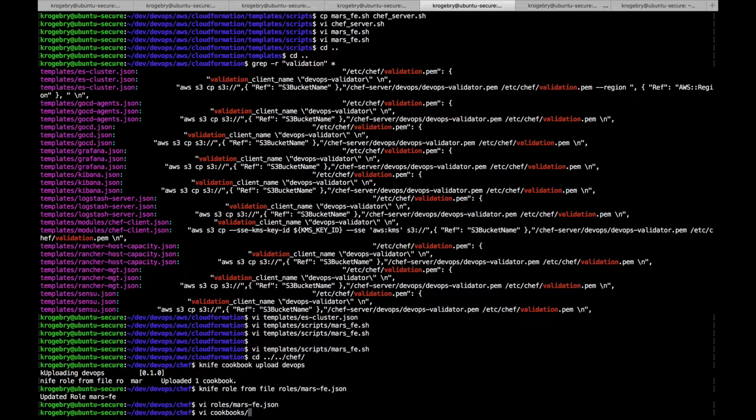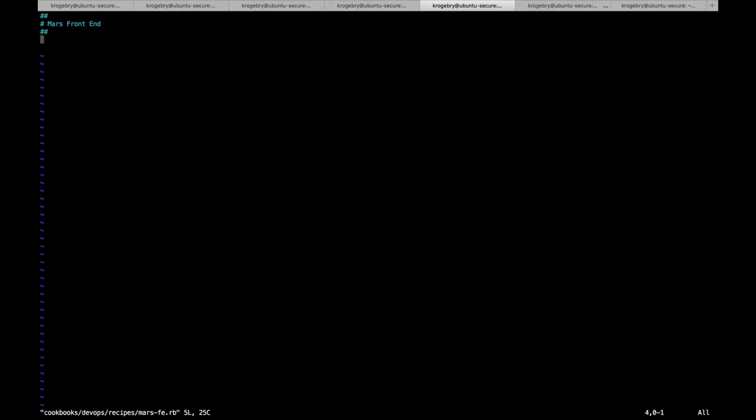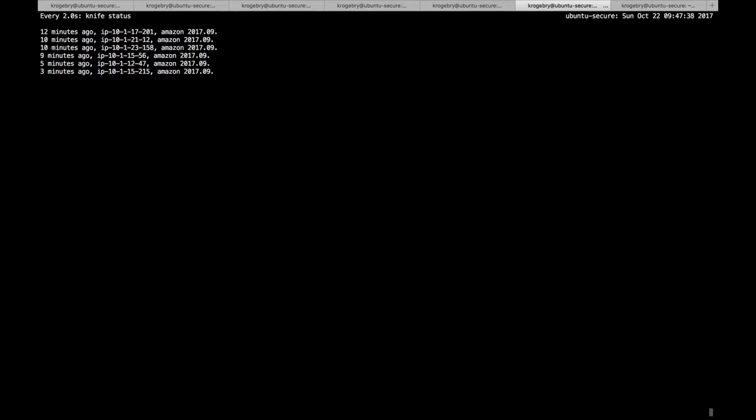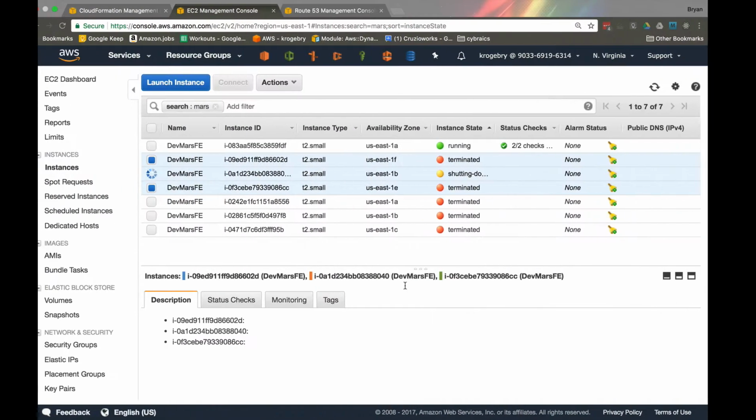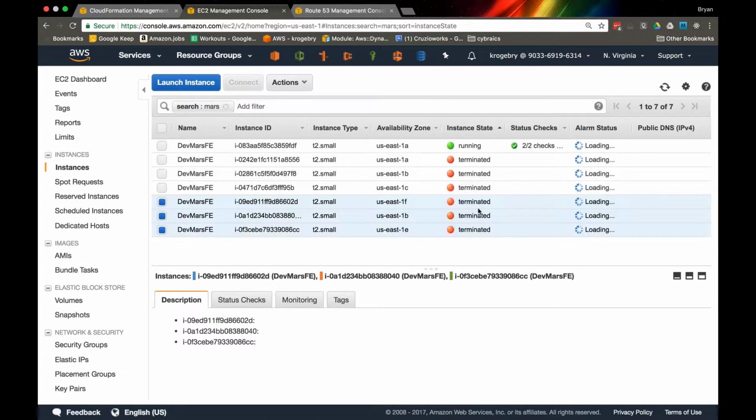My cookbook doesn't really have anything all that special in it, so it's not really doing anything. The idea is we want to install something, so we're just going to use Nginx. As those machines come up, they will join Chef, and what we have here is